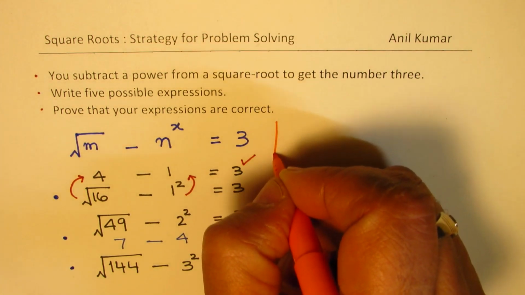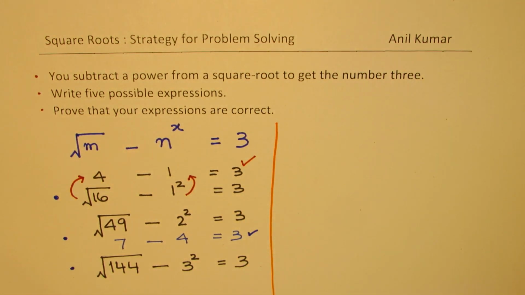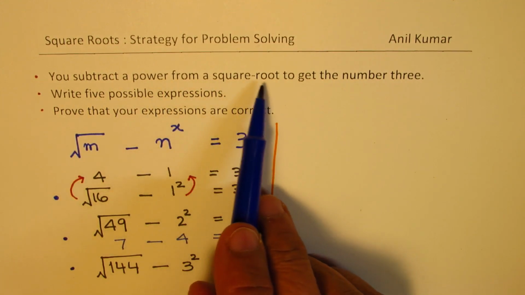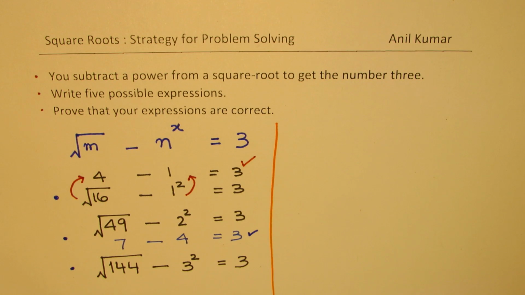How many can you write now? I think it's very simple. You could write any power here, right? So subtract a power from a square root. That is what it is, right? So any power you could use. For example, I could use